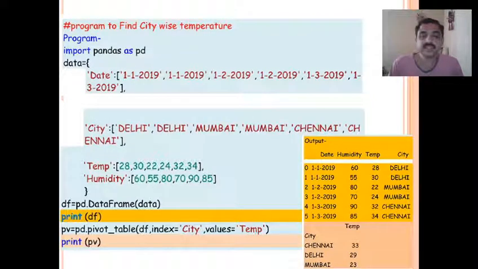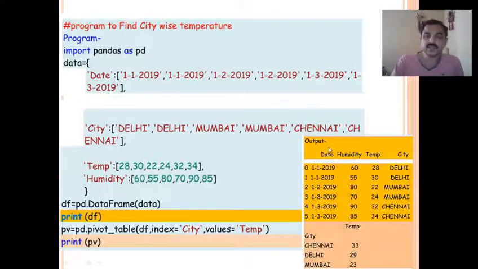Here is another example of how to use pivot table. Import pandas as pd, then a dictionary is created with keys and values. The dictionary's name is data, df equal to pd dot DataFrame data. So a data frame is created with the name df, and we print df.